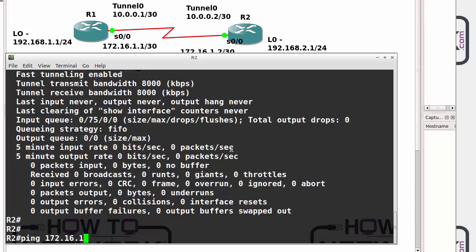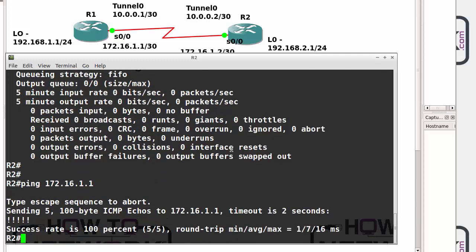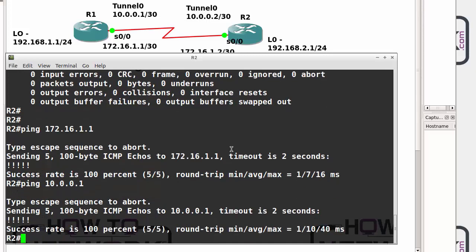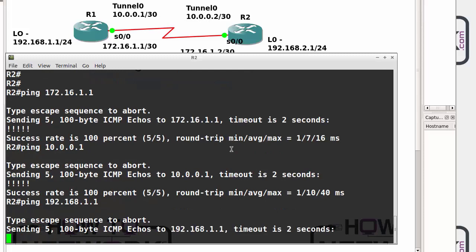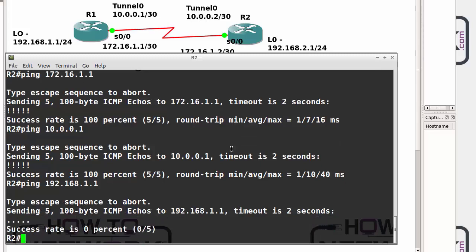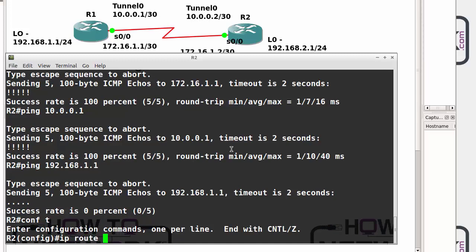Now I'll ping across the physical link first, then the tunnel interface. The next thing we'll do is try and ping the remote network, which won't work because we've got no routing protocols or static routes configured. So just bear in mind that this is going to work the same way as any static route or routing protocol. However, we're going to be referencing the tunnel interface IP address as opposed to the serial